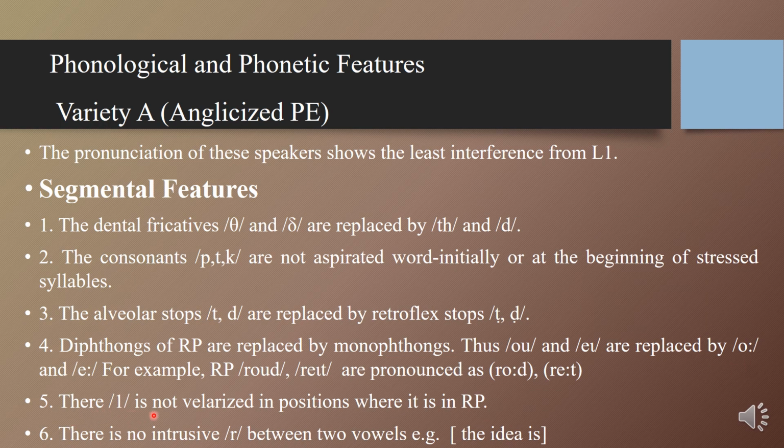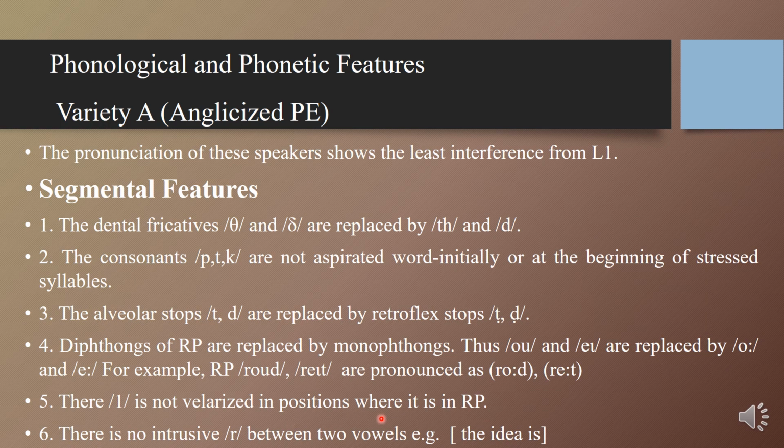Fifth, L is not velarized in position where it is in RP. Means in Pakistani English, the sound of la, that is related to the velum, is not in position as compared to the RP. Sixth key feature, that is there is no intrusive R between two vowel